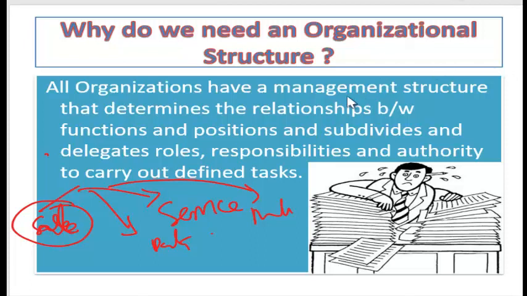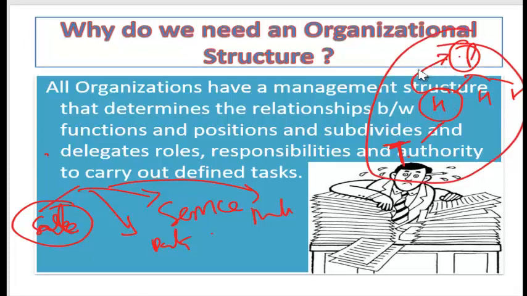Even if we have a principal, for example, we have HODs of each and every department, and inside there are teachers to whom we delegate the jobs. The principal looks after the whole college, the HOD only sees his department, and the teacher is the line manager who actually does the things for the HOD. The HOD works for the principal, and the whole structure works as one unit called a college.